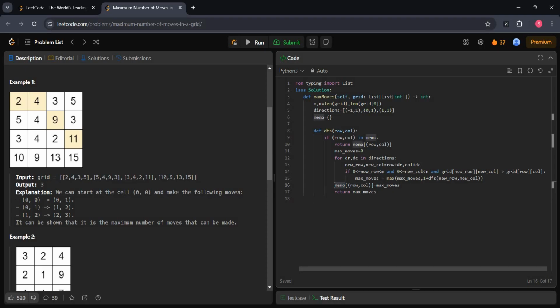We also need not do this in the if condition. I'm just returning it. Now we have to take another variable max total moves and initialize it to 0. Now we are going to loop through each cell in the first column, calling DFS on it to see how many moves we can make from that starting point. Then finally we will return the max total moves, which is the maximum moves from any starting position in the first column. For row in range of m,